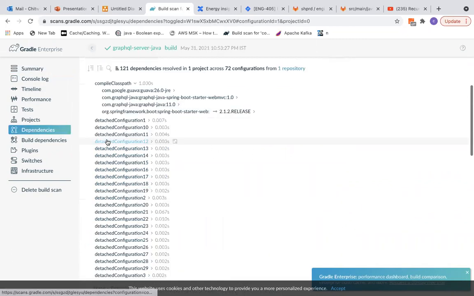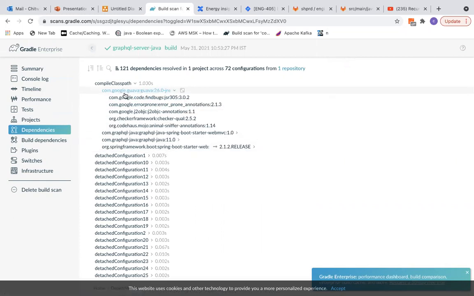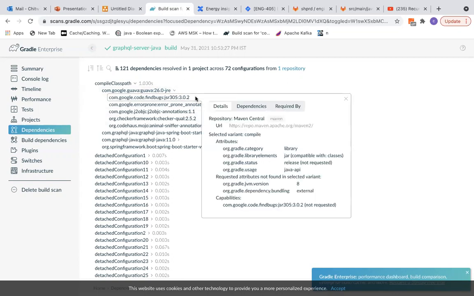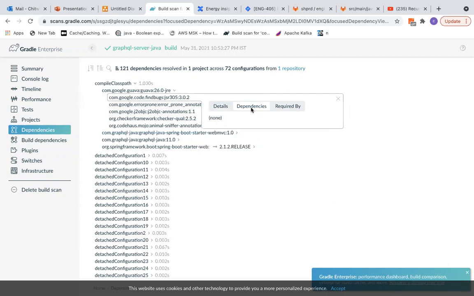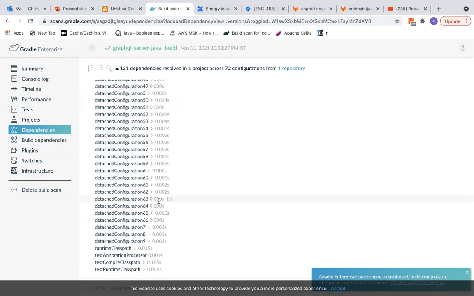So we can see the compile class path here, and if we want to see the transitive dependencies, then we can see that here also, like from Guava it's coming, other dependencies are also coming, and we can see some detailed information also, like the URL from where it was coming, the attributes, the requested capabilities, and who requires this library to be in your project.